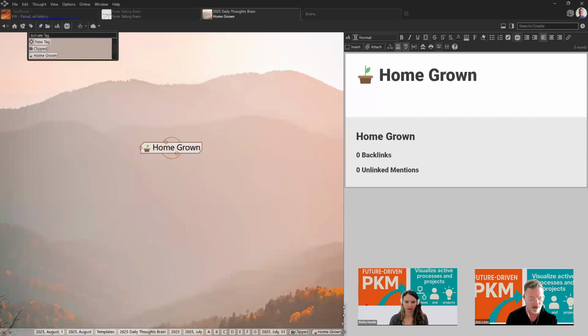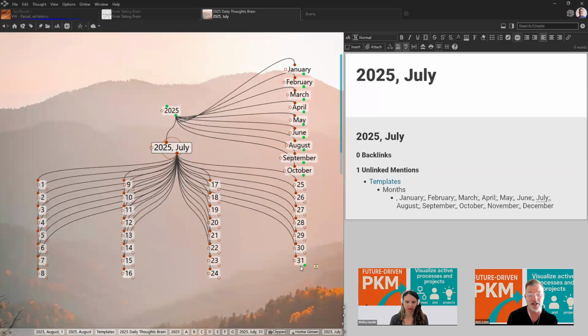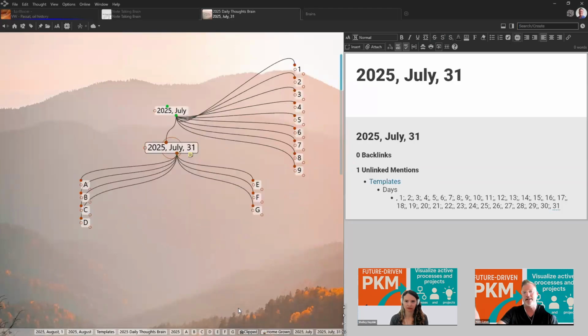So then when I go to one of my thoughts, now you mentioned, can I have it automatically say this was clipped versus this was homegrown, I created it on my own? Automatically, I can't think of a thing that will do that. If you send something to Brainbox and then attach it, it doesn't automatically get an identifier: this was sent to the brain via BrainBox, this was sent via a web clip that you took.